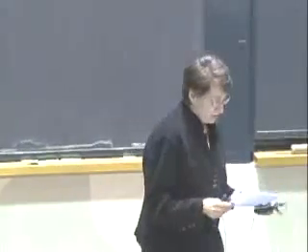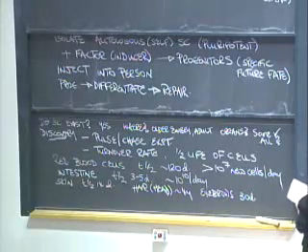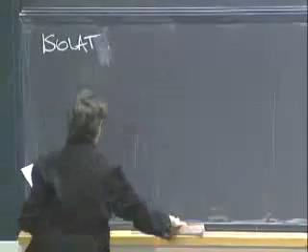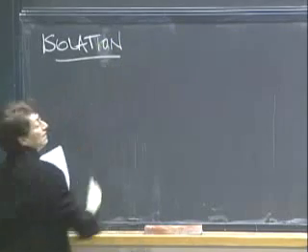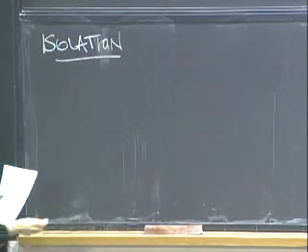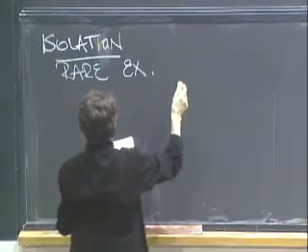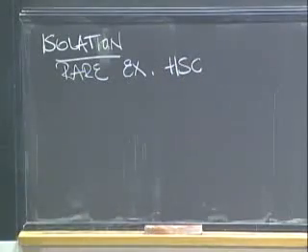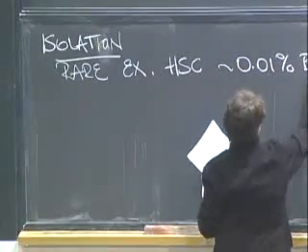Okay, so let's talk about isolating stem cells and how you do this. If one's going to use stem cells for repair, you've got to be able to isolate these things. And the challenge of isolating stem cells is that they are rare. For example, in the bone marrow, the hematopoietic stem cells, which I'm abbreviating HSC, comprise about 0.01% of the bone marrow.